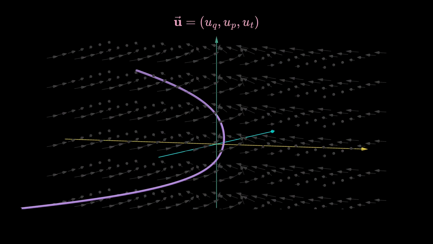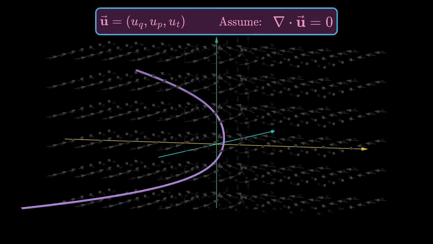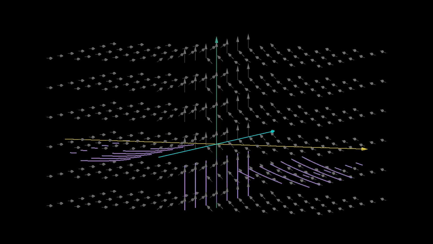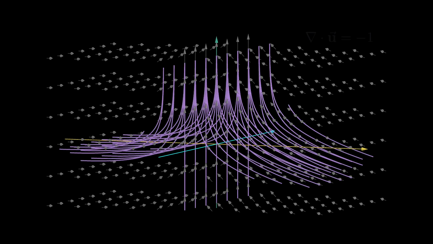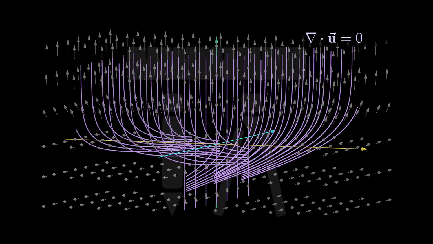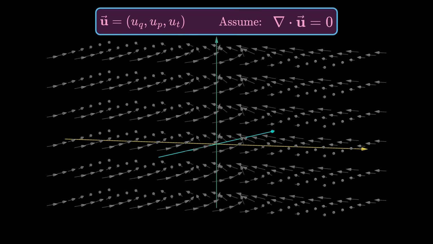The action principle relies on a pretty weird assumption that the divergence has to be 0. However, it isn't immediately over for a vector field like this, where all trajectories converge and the divergence is negative everywhere. Sometimes we can cleverly change coordinates so that the vector fields are transformed to be divergence-free. Here are the details if you want, but don't get too hung up on it. The point is that you can often change coordinates to make the assumption hold.